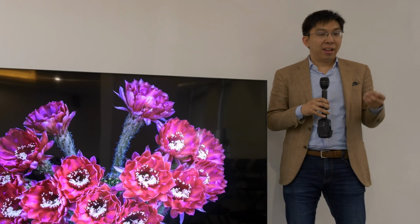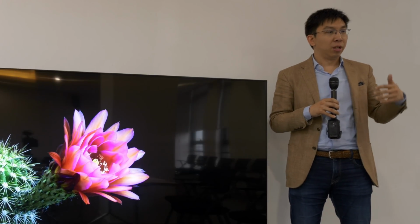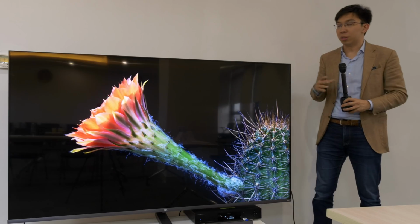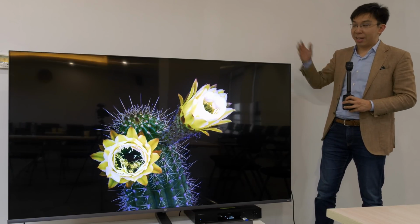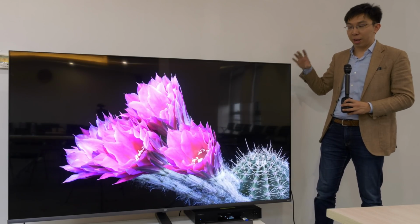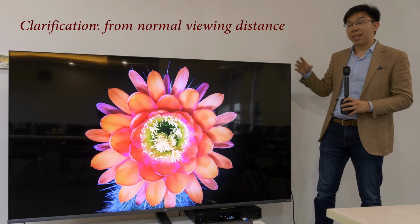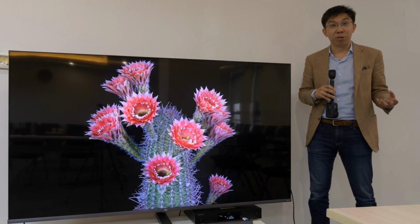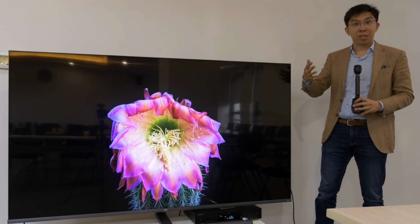And when you think that the likes of Sony and Samsung can't really increase the number of zones indefinitely, and they have to limit the number of LEDs they use, this is just mind-blowing to me, because I need to mention the price and get it out of the way beforehand. This 65-inch 4K model, it is 4K by the way, it is not 8K, because 8K at 65-inch doesn't really make sense. So this 4K mini LED from TCL will have a target price of between 2,000 euros and 2,500 euros, which to me is extremely competitive and extremely compelling if you listen to all the other specifications that I'm going to rattle off,